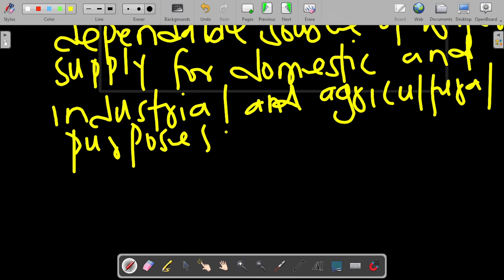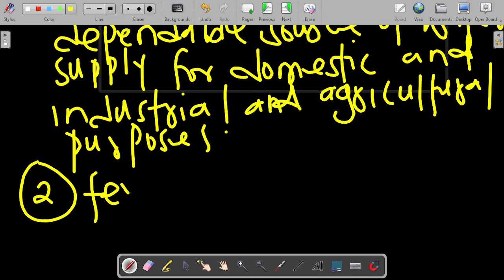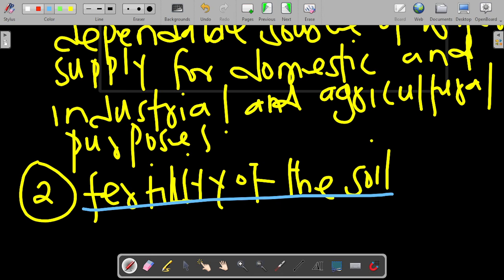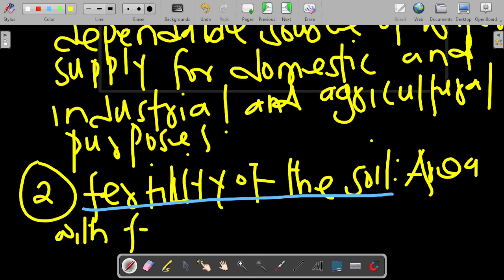Two, we have fertility of the soil. Without a fertile soil, you can't grow your own food. That is why it's very important the soil is fertile. So we have an area with fertile soil